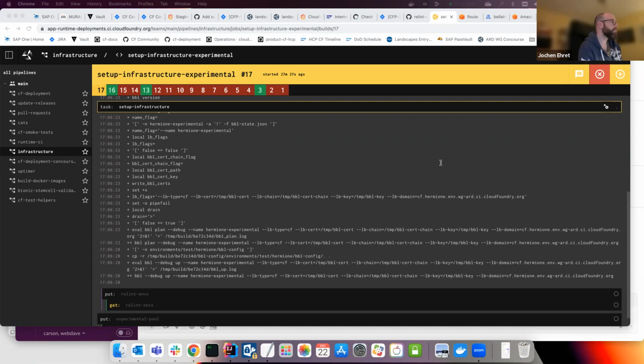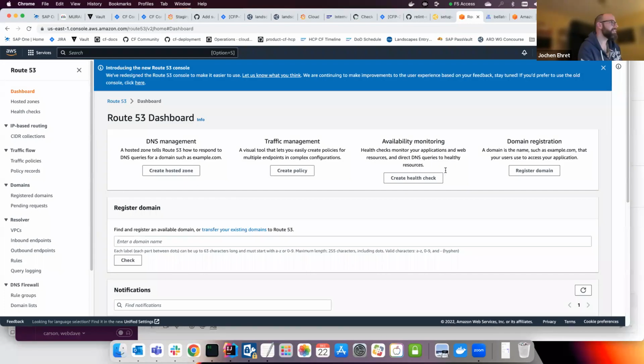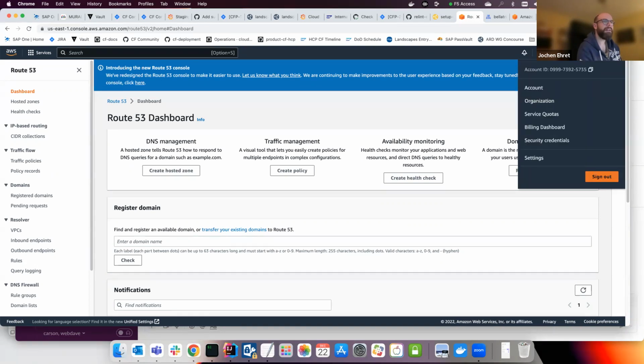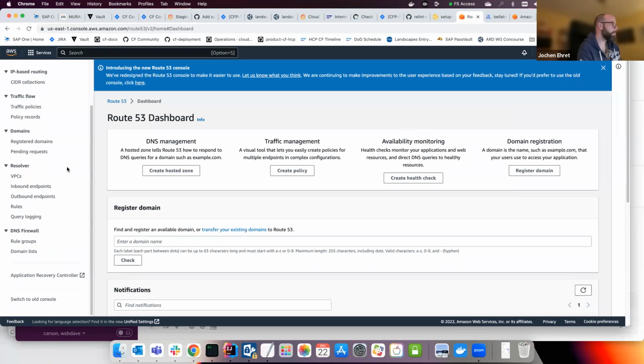The migration of the experimental account to our own AWS account is in progress. As usual, there's a lot of fun with domains and DNS, but at least the Bubble part is working. So this is our AWS account. Credentials are also in Passvault, and as you see, there is not really that much to see at the moment